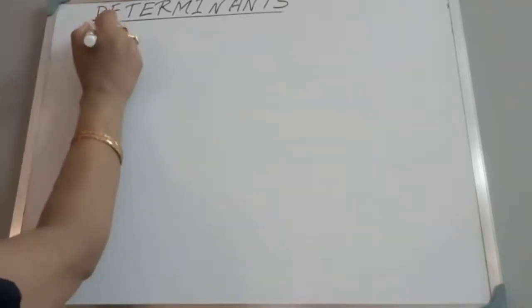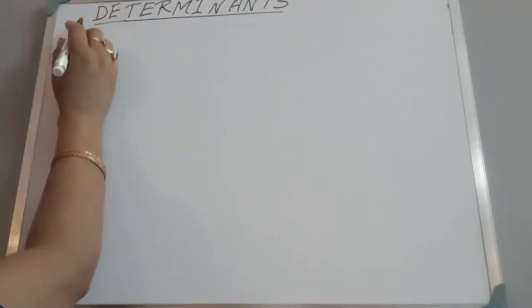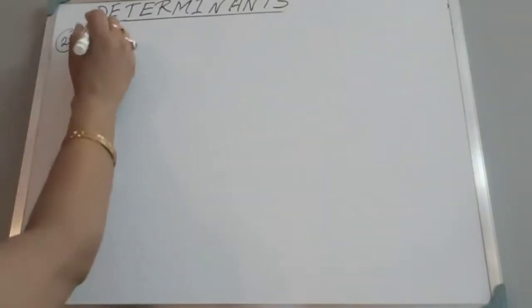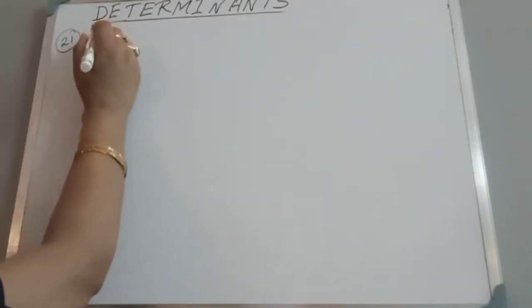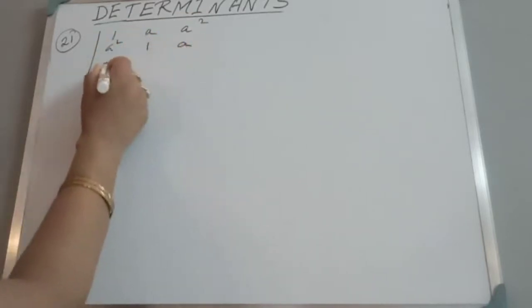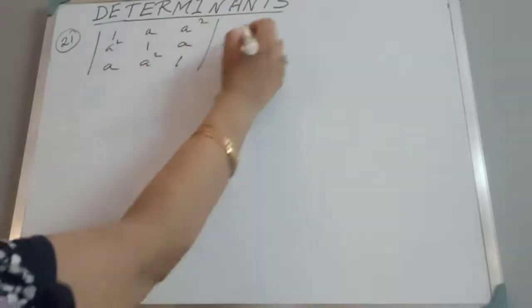Written? Okay. Now the last sum for this exercise, only from this book. This is actually not the last one. This is sum number 21. It is a very important sum and it was not done previously, so let me do it right now. Show that the determinant is a perfect square. The determinant is 1, a, a square; a square, 1, a; a, a square, 1. We have to show that this is a perfect square.